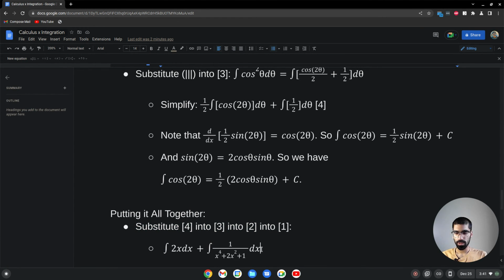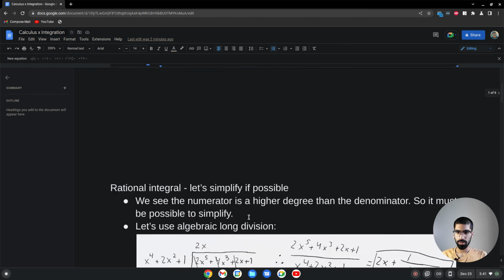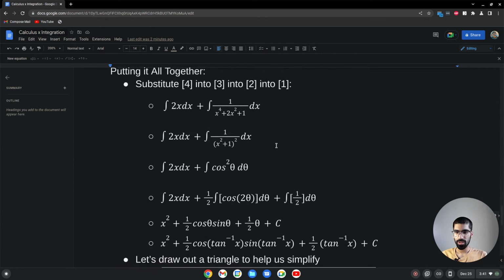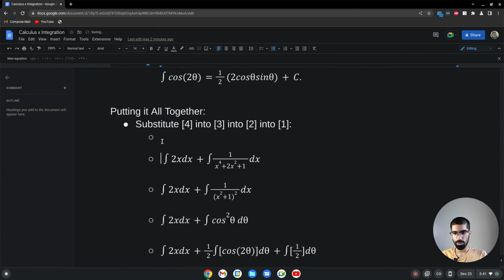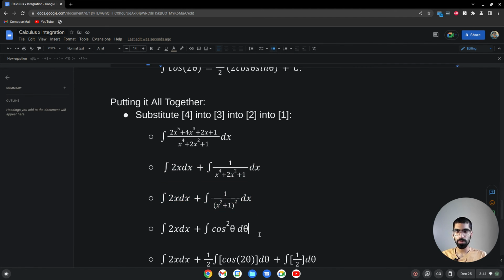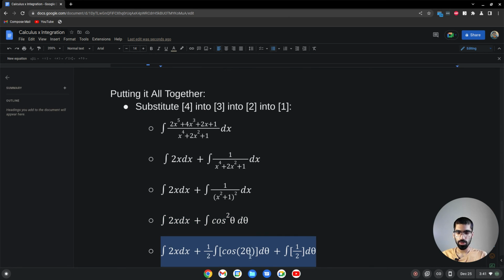Let me just put the original question at the start. Here's the original question we were given. We turned that into this by simplifying with algebraic long division, which we turned into this by factoring, which we turned into this by trigonometric substitution. We solved the trigonometric substitution integral using identities,